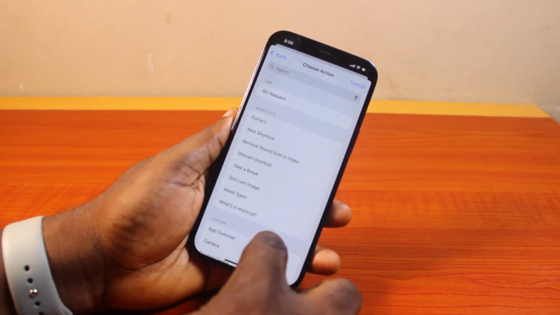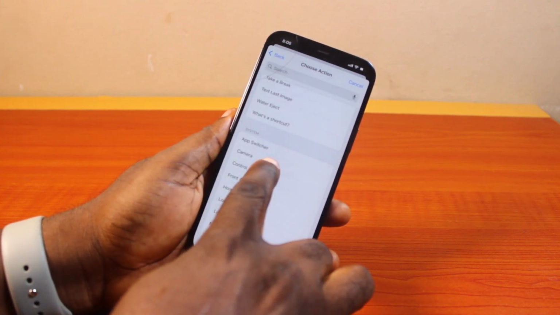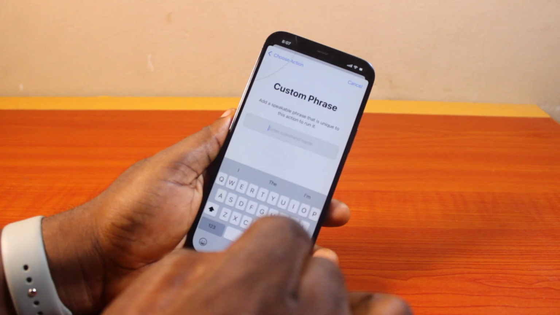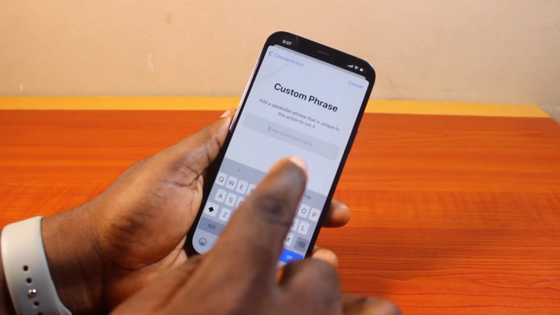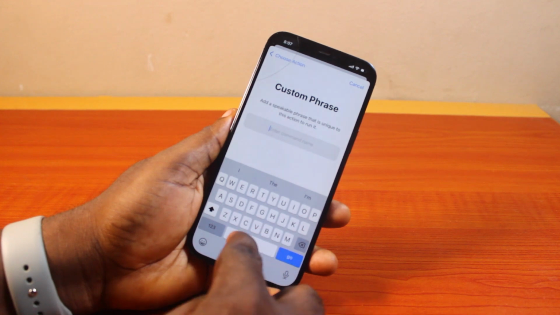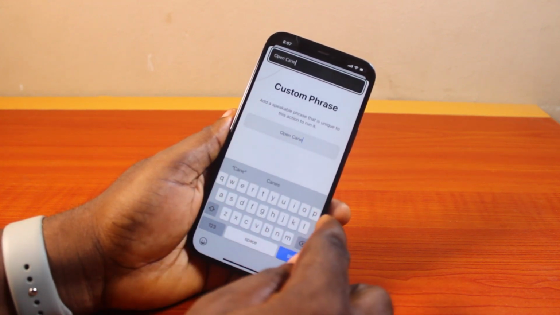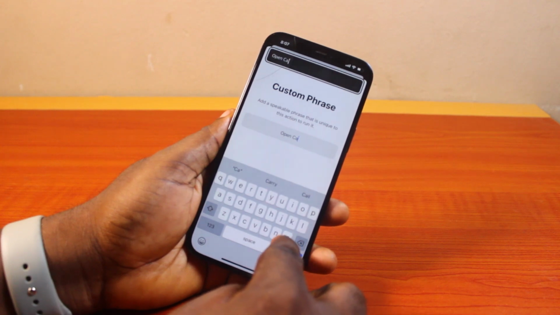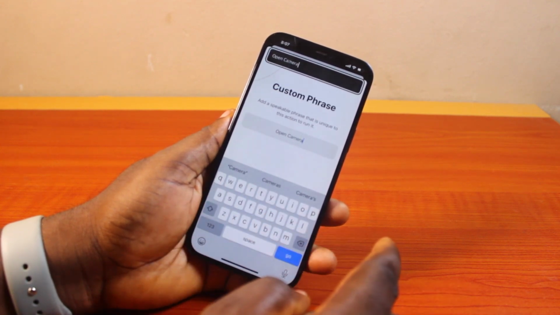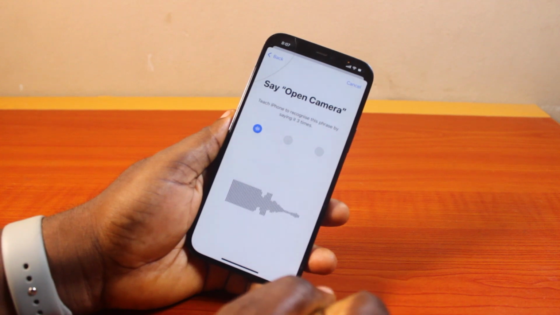Then on this page, you want to scroll down to system until you get to camera. Then select that. Then add a staple phrase that is unique to this action to run it. So if you want to run this action using your voice command, you can just say open the camera. Then after that, click on go, open camera,